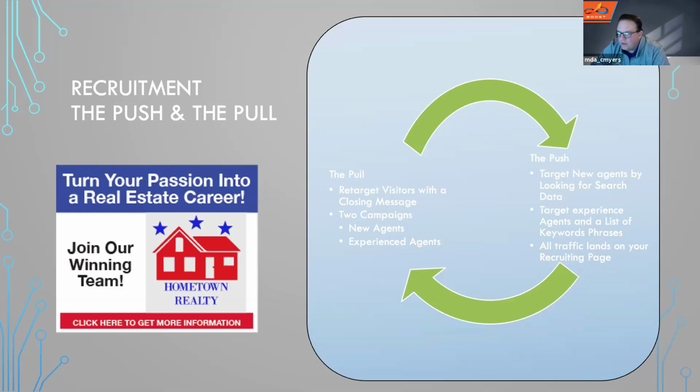Boost is all about a well-rounded approach to your display advertising, and we implement that strong push and pull strategy for recruitment in all of our enterprise campaigns. So the push is the behavioral targeting piece to drive exposure or ad traffic to the tour for listing agent pages or brokerage websites for listings or recruitment.